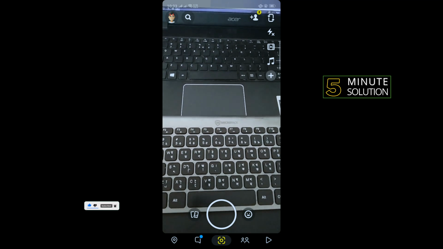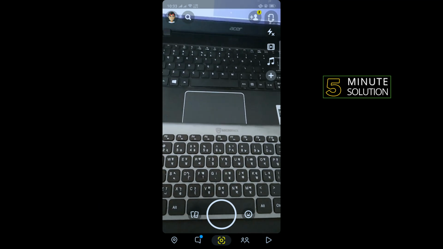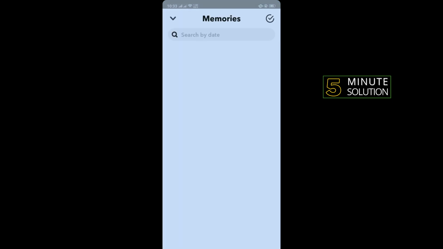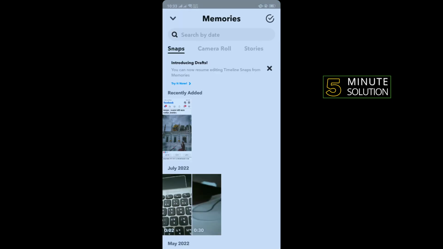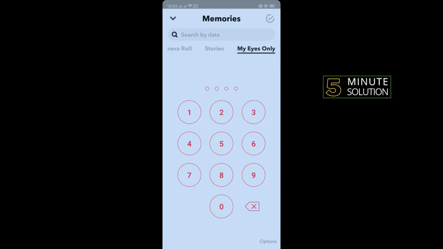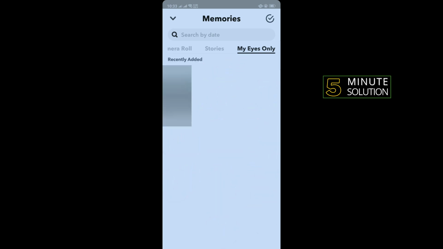So first of all, open your Snapchat and tap on this gallery icon next to Snap, and swipe to the right side, and here you'll find the My Eyes Only option. So tap on that and it will ask you for your passcode. All you have to do is enter the passcode you set, and here you will get